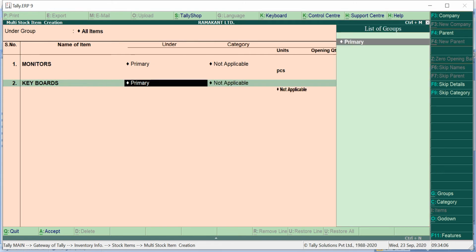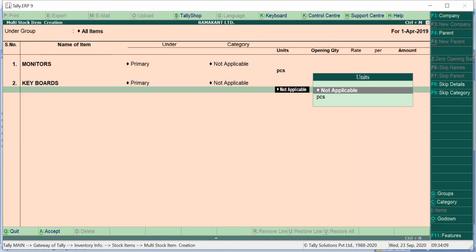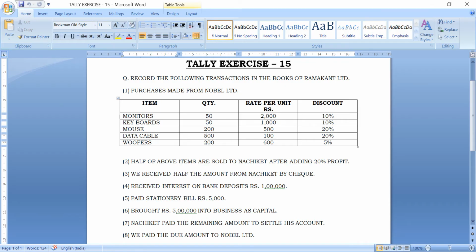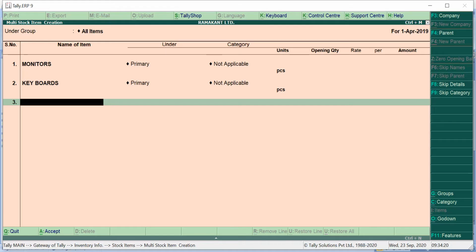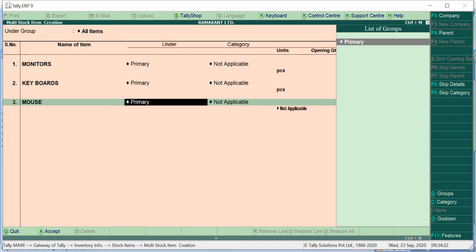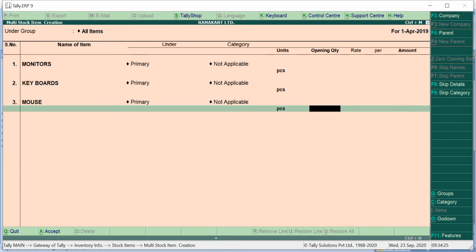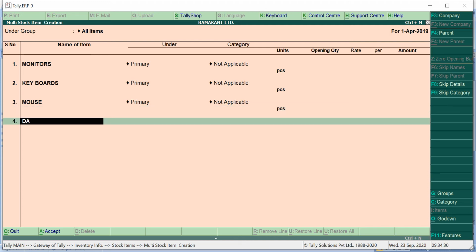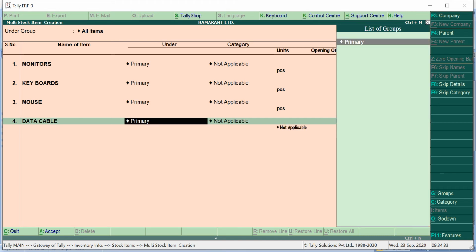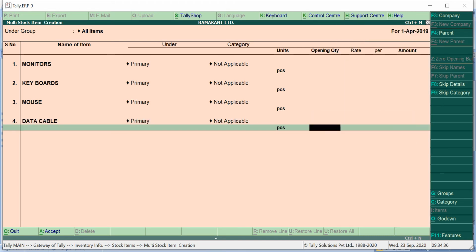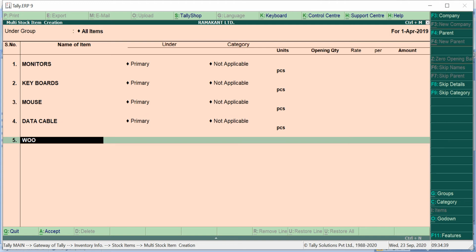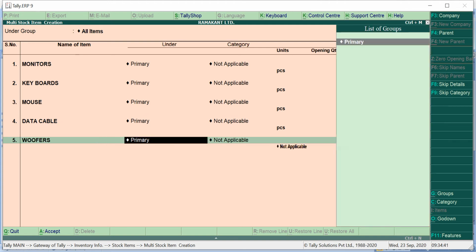Keyboards, primary group, no category is there, and units, pieces. Then which are the other three items? Mouse, data cable, and woofers. Mouse and pieces. Don't forget to select pieces. Then data cable, pieces, and woofers. Now see, woofers,